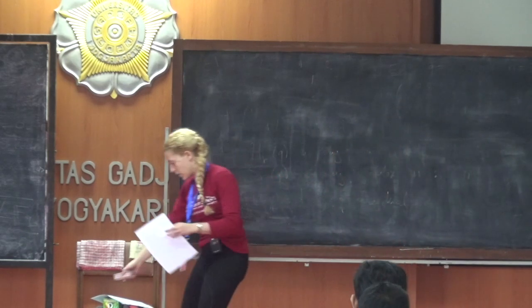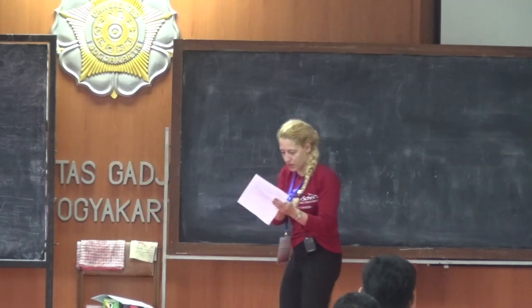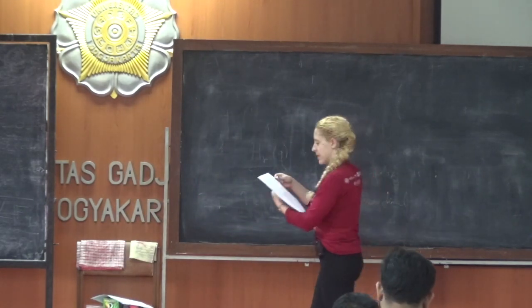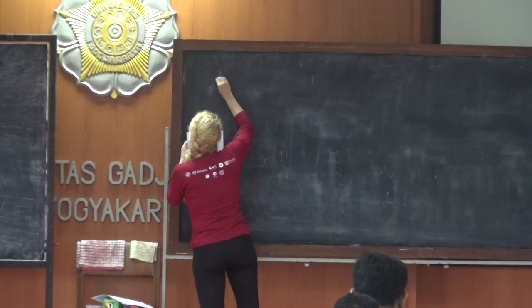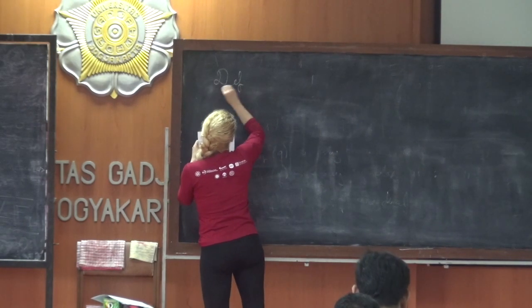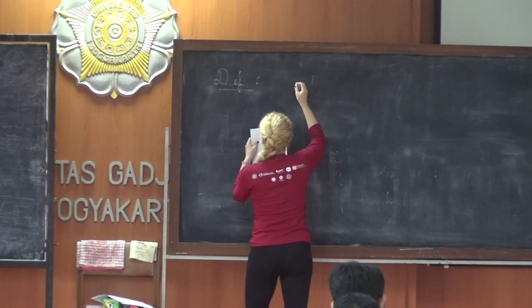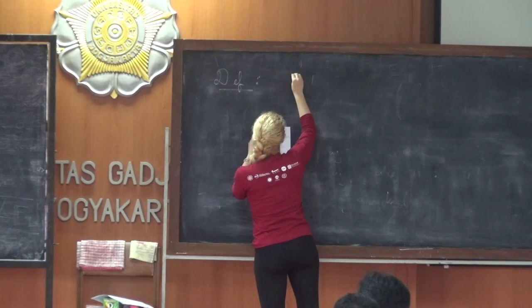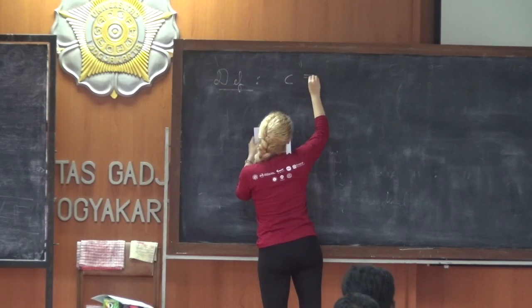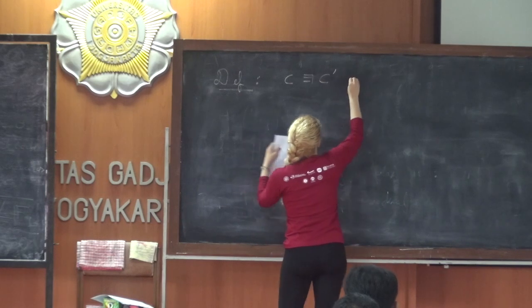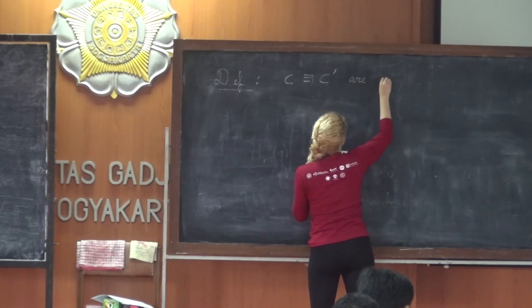Definition: we say that two codes, which I'm going to call C and C prime, are equivalent